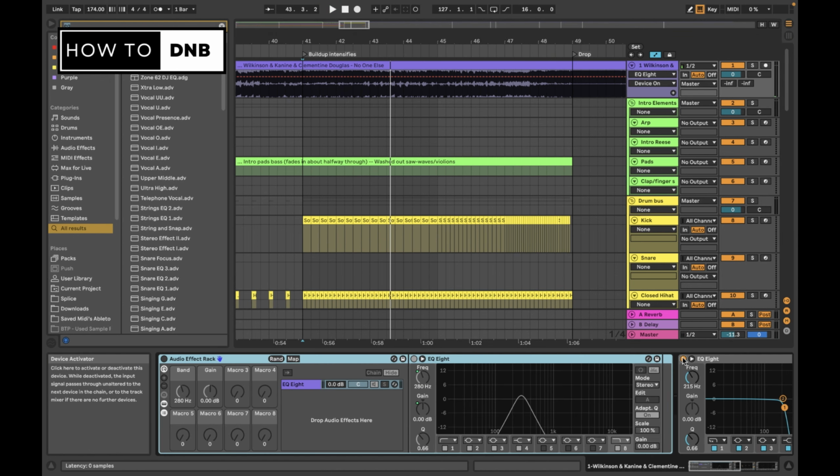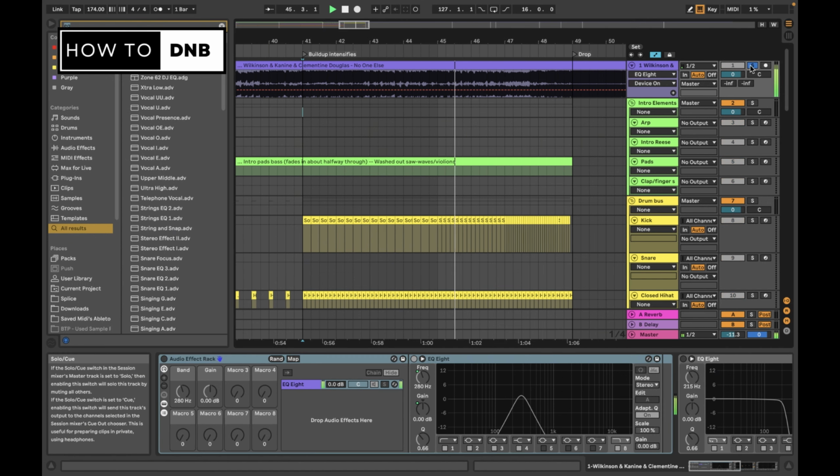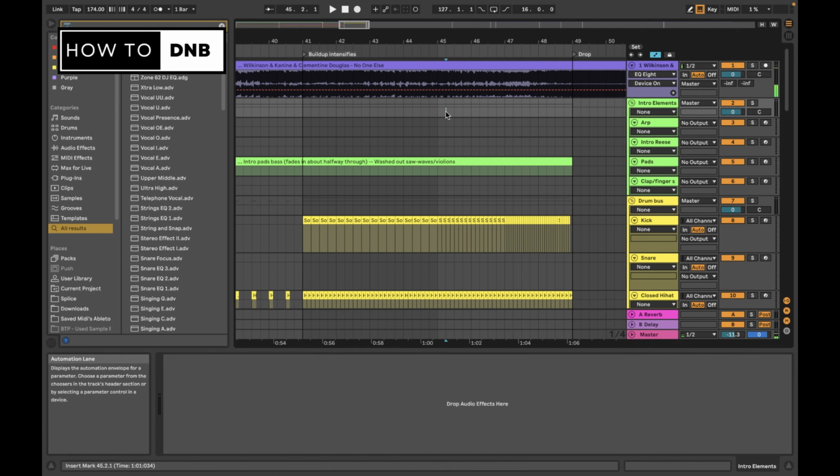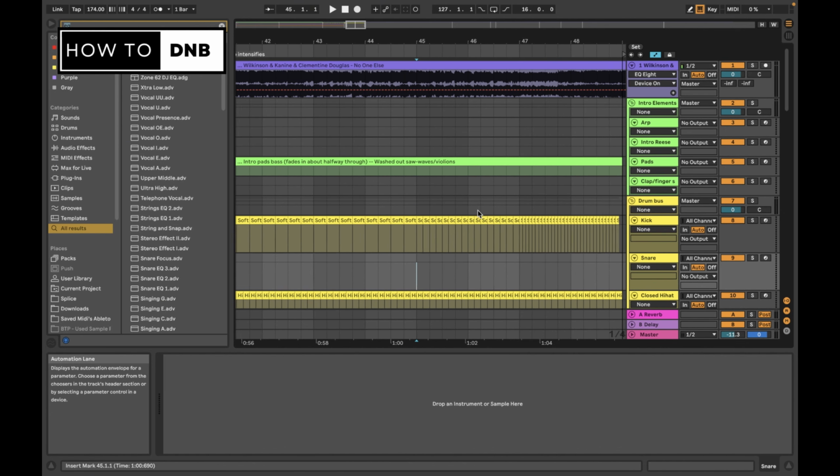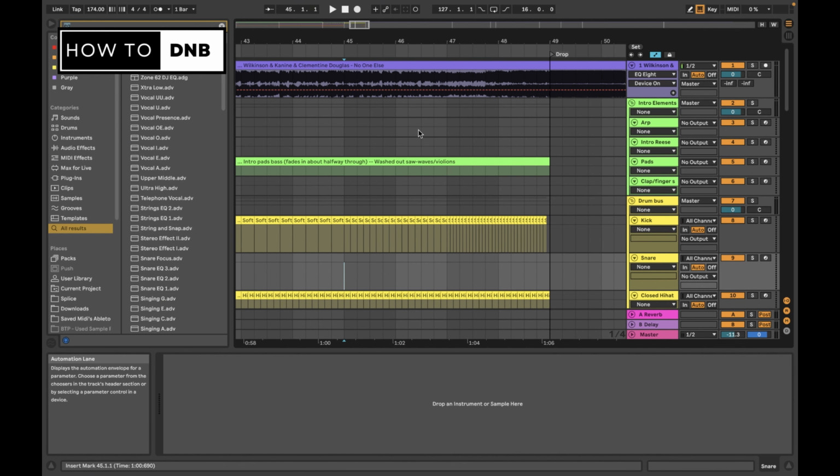Let me take this off again. Nope, there's no other drum elements, so this is nice and simple. Sometimes you'll hear another clap come in or a snare together with the kick, but in this case we're keeping it pretty simple. What we can hear, however, is that somewhere about here we have a riser coming in, a very common element before the drop, which goes.